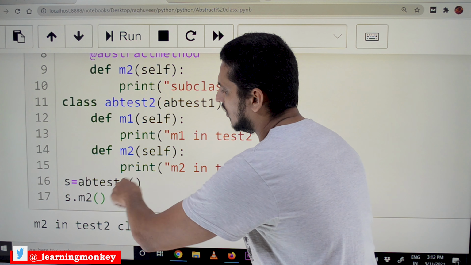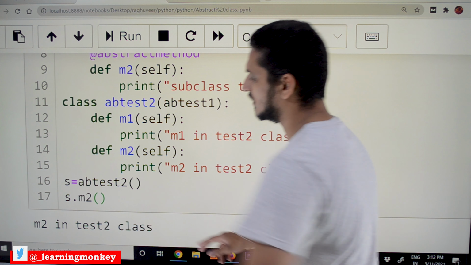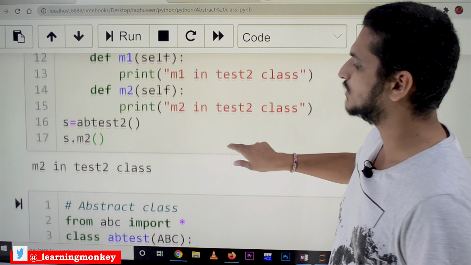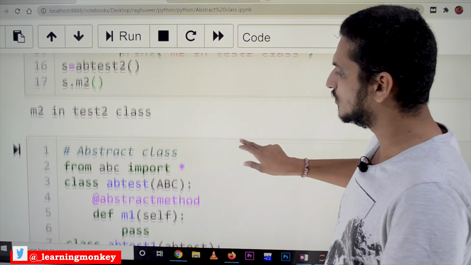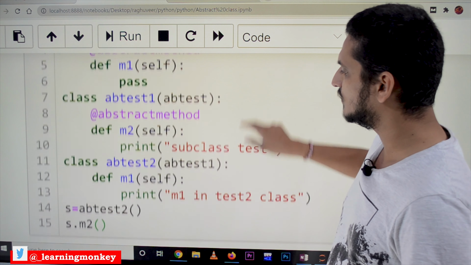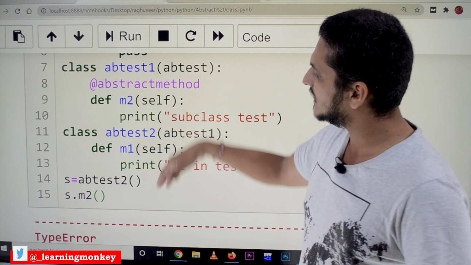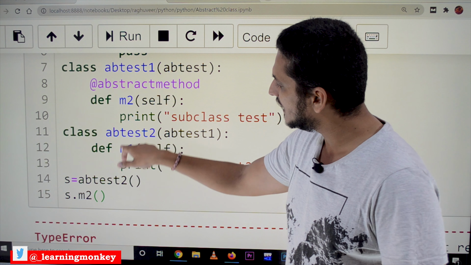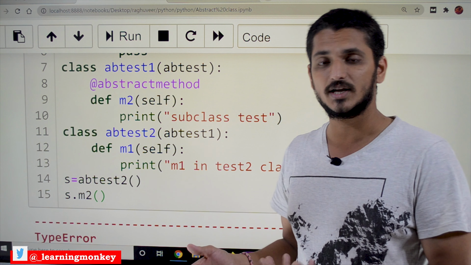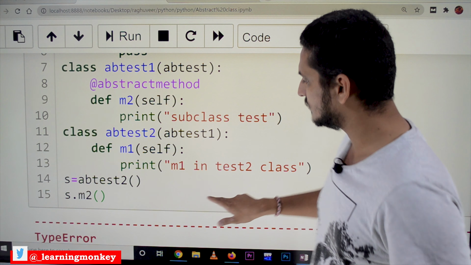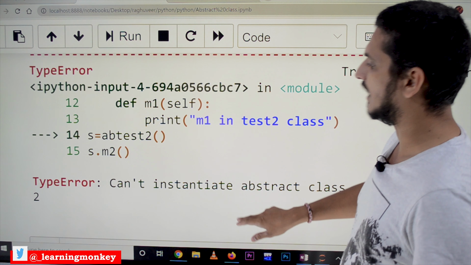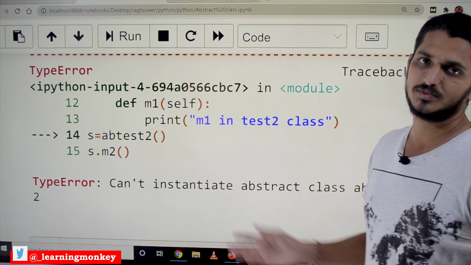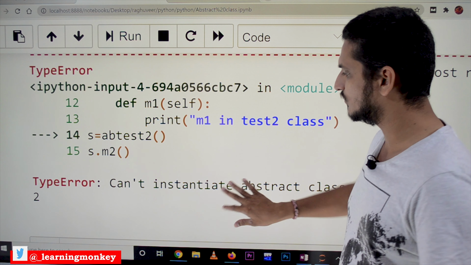We created the object for AB test2 and we are calling the method M2, and it is displaying the message. What happens if you don't implement M1 and M2? It will display a message. In the same example, we implemented only M1 and did not implement M2 at all. So it won't allow us to create that class: can't instantiate abstract class. This is the message which we get.